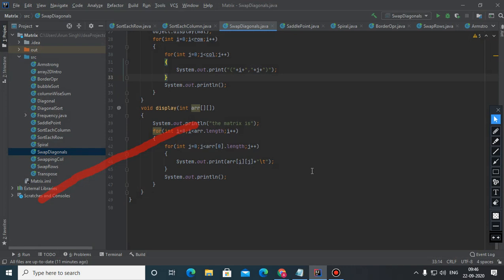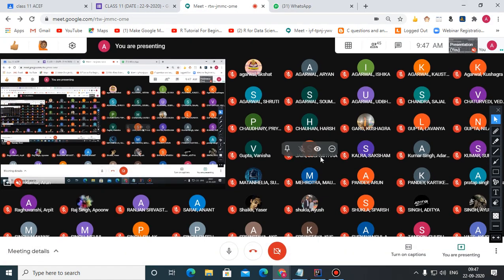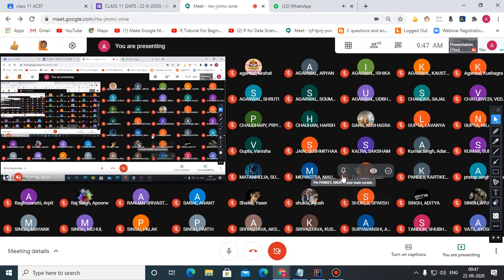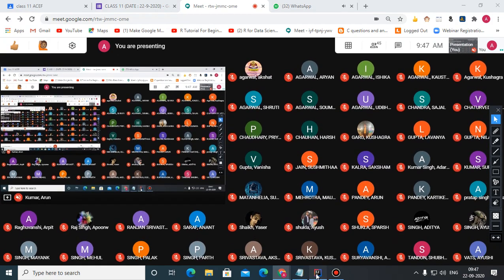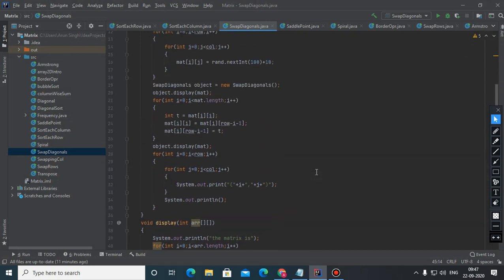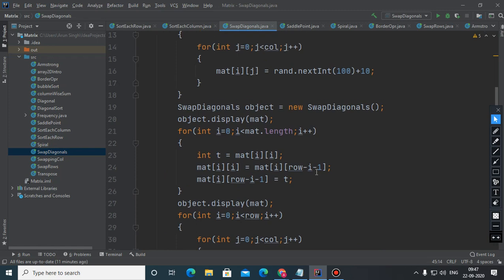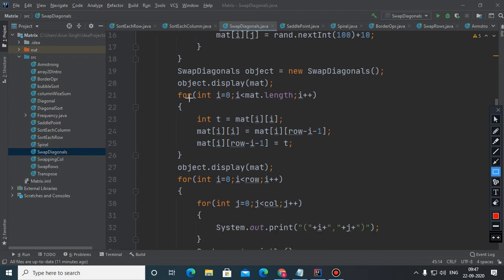The child who sent me on WhatsApp with mobile number ending 484. Yes. Anybody else? Children, this is the highlighted code in the box, which is for swapping the diagonals. Please see that.